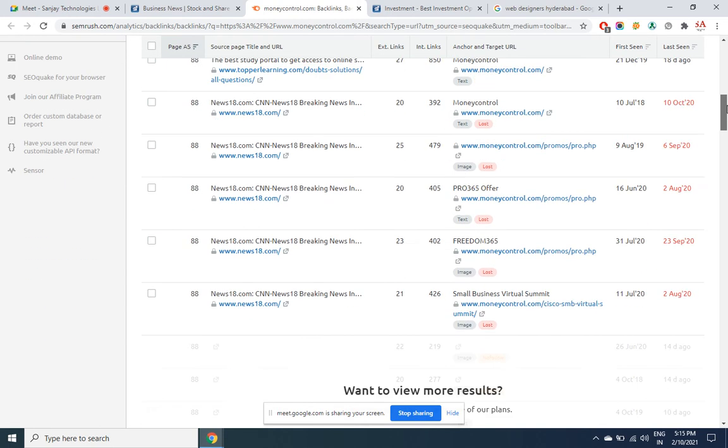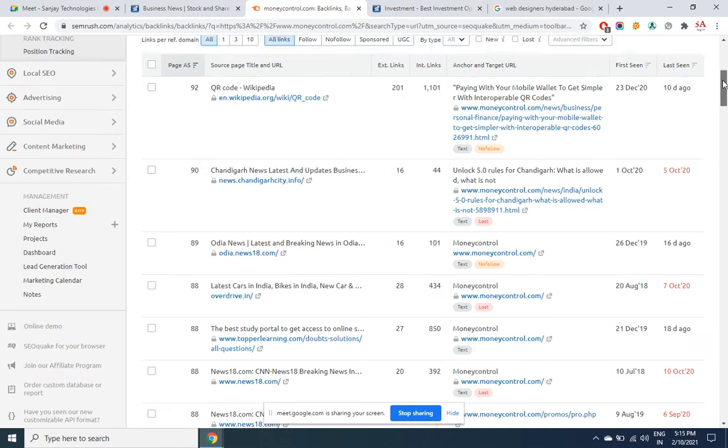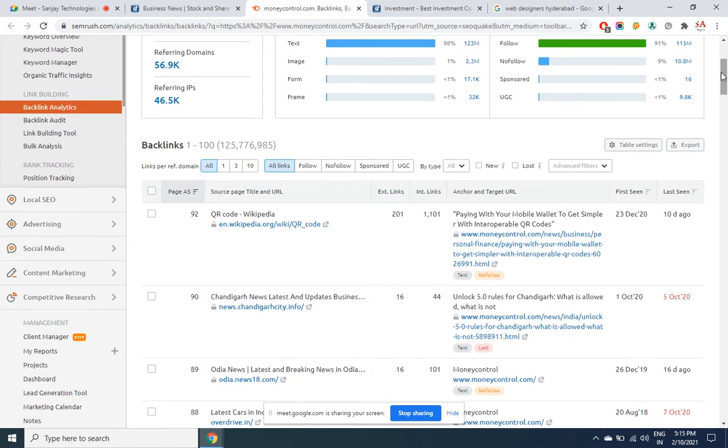It will show you only limited links. Only when you purchase the premium plan, it is going to expose each of the backlinks. But it is showing the top 10 backlinks for each page. There are so many links, but it is showing only the top 10 links. More than sufficient. We do not require more than that. We want the top 10 backlinks of each of our competitors in this way.